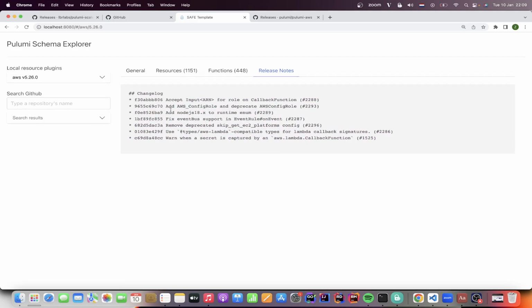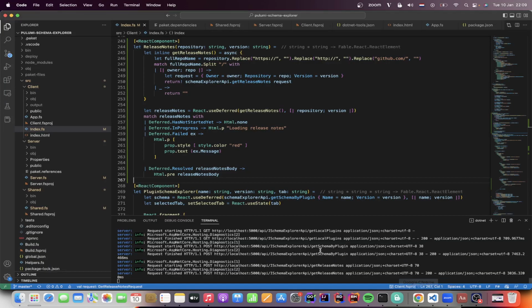Except now I don't want to render it like this. Let's render it as markdown. So for that I will use a library called Feliz Markdown. Surprise, surprise. Let me stop the server,